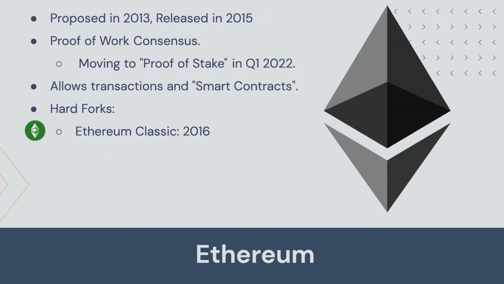Disclaimer: I work on Ethereum all day, so I'm very biased towards Ethereum. With that said, let's start with this network. It was proposed in 2013 as well in a white paper, and the network came online in 2015. It also works with proof of work, but it's moving to proof of stake in 2022, which is a lot of power savings. It allows transactions, and it also allows smart contracts, and you can add data to the blocks. We are going to see that later, but smart contracts are a big deal.